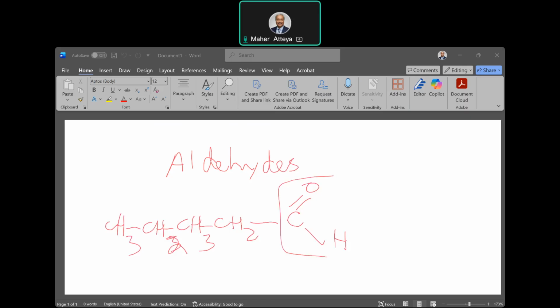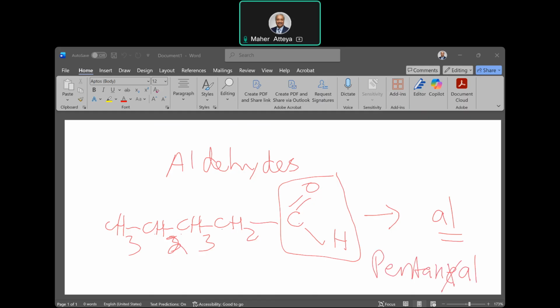So this functional group is called aldehyde, and in IUPAC name, the ending is AL, okay? So this one here, how many carbons do we have? 1, 2, 3, 4, 5. So this is pentane, or again, that's always the alkanes. Take the E out, AL,